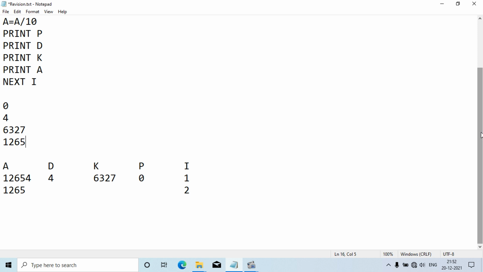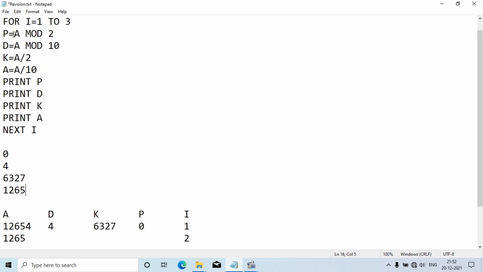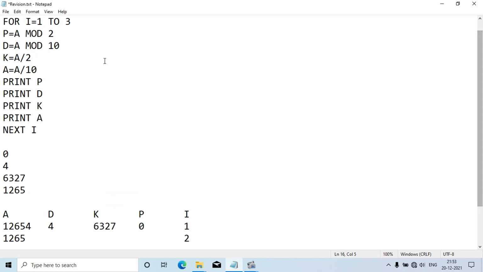Now again the same statements repeat. The value of p is a mod 2. The value of a is 1265, obviously an odd number, so 1265 divided by 2 gives remainder 1. So the value of p is 1.